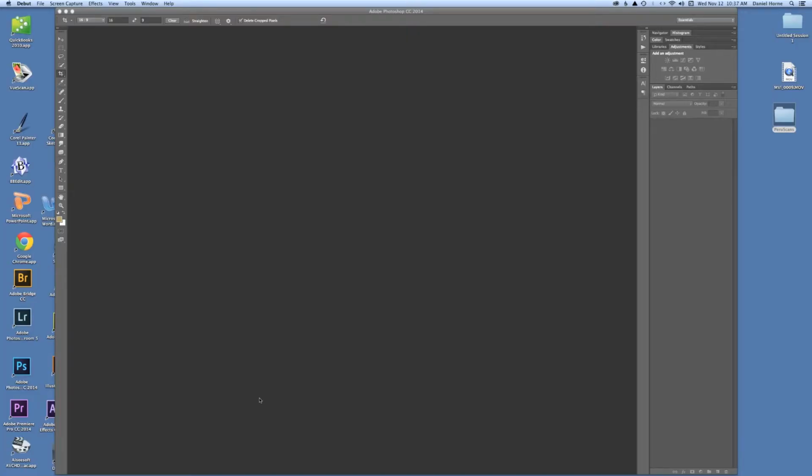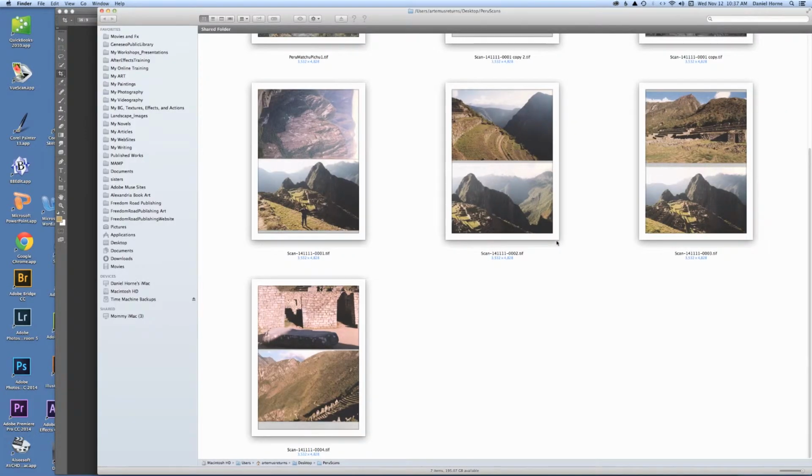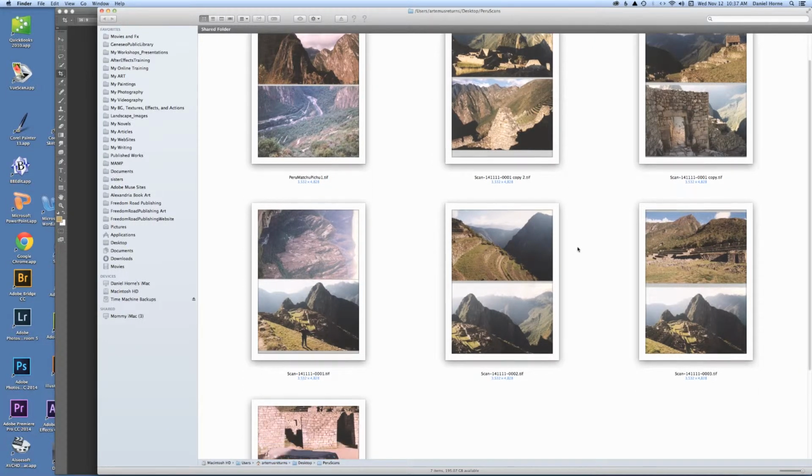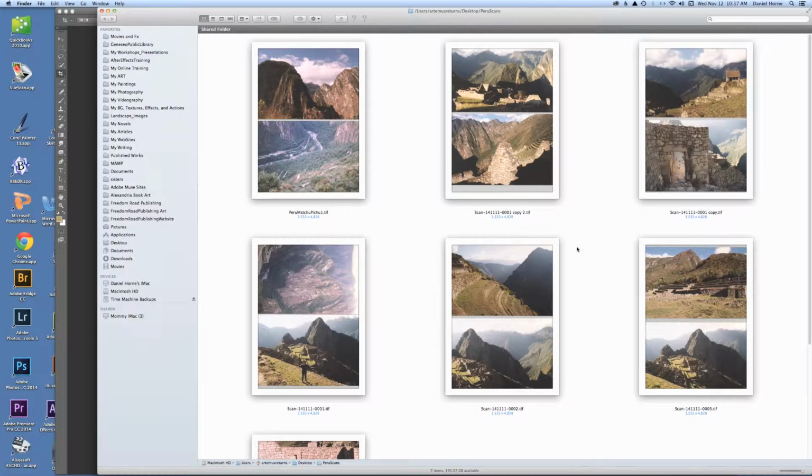Okay, here we are with Photoshop opened. And I have a little folder over here that has a lot of my pictures in it. As you can see, I scanned them in two at a time. Which, by the way, let me call your attention to this. I'm not sure about your perspective. With my perspective, I use a ScanJet